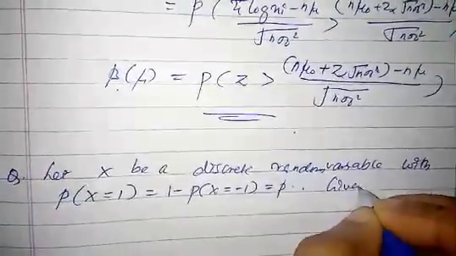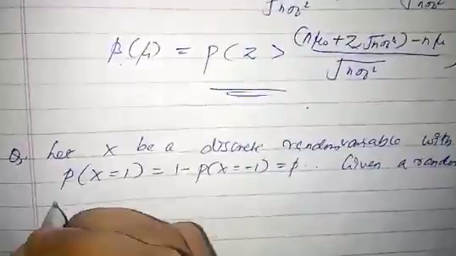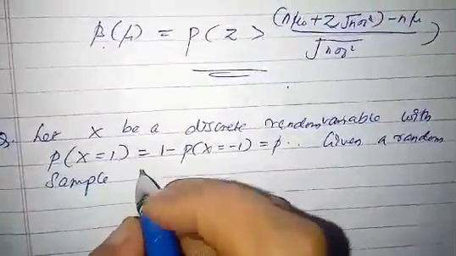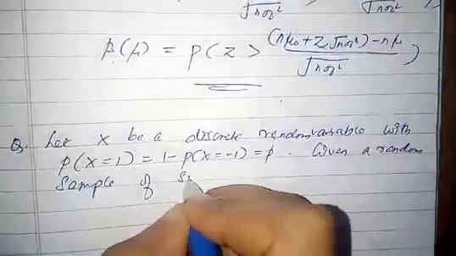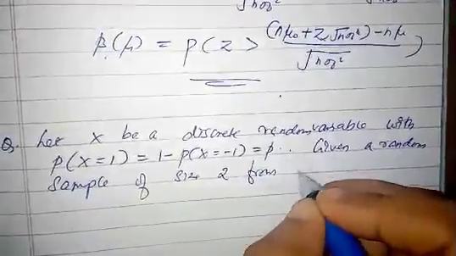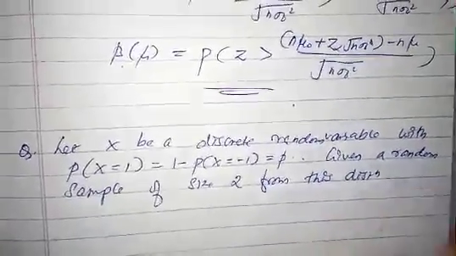Then given a random sample of size 2 from this distribution,